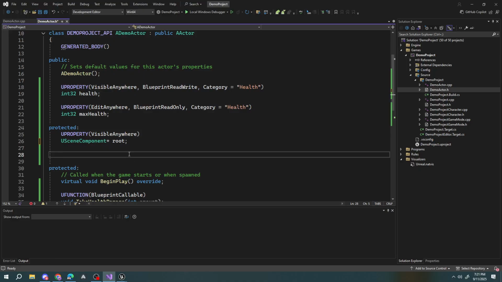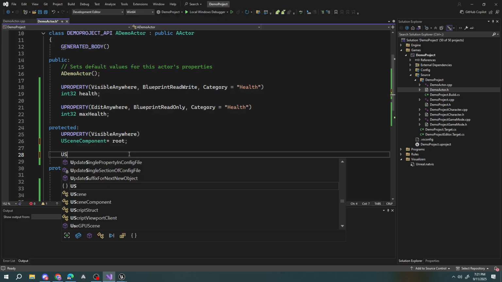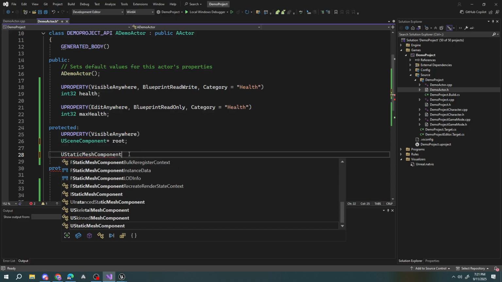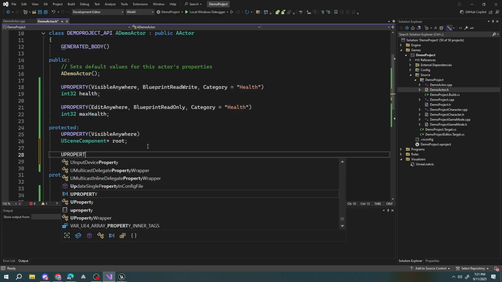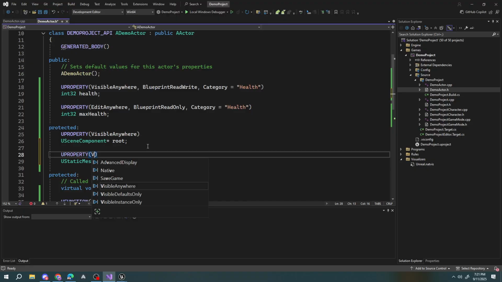Okay. Anyway, we have the using component, use static mesh component. I will call this static mesh. I can also call it mesh. Again, new property, visible anywhere. Okay,